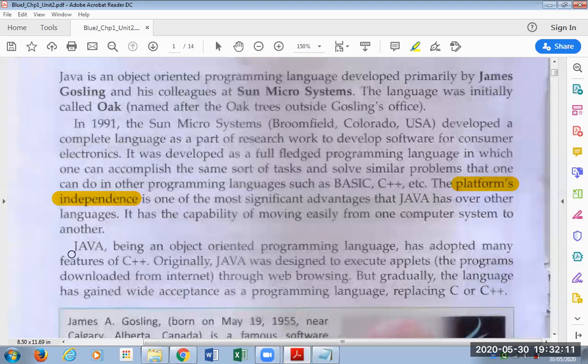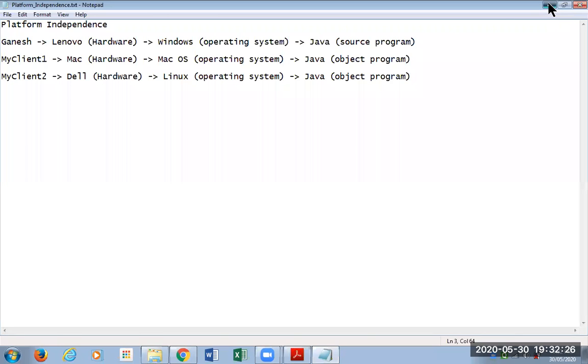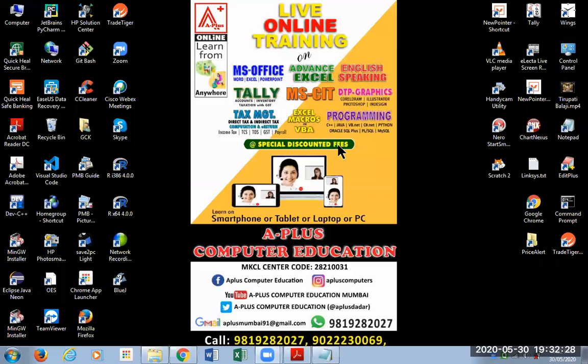But gradually, the language has gained wide acceptance as a programming language, replacing C and C++. Now in C and C++, you make programs which do not need a browser to run. They run on your computer. These are called desktop applications.